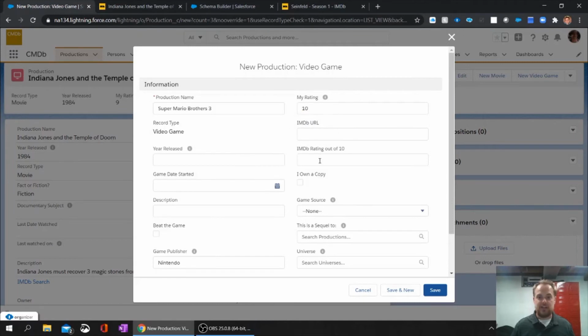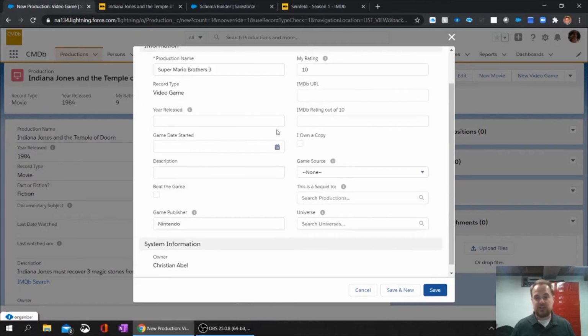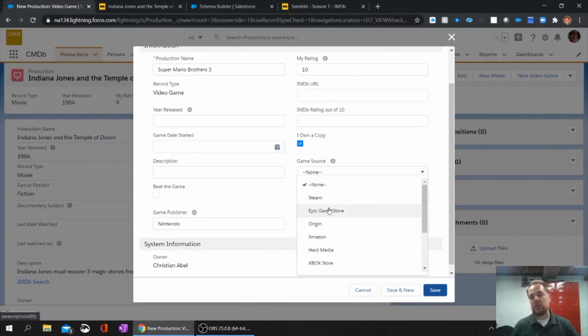IMDb URL and rating out of 10, nothing really different there. I own a copy, so sure, I'm going to say I own that copy. And here's a pick list that's different. Instead of having the different kind of places you can buy a movie, I have a list here of places where I can say that I own the video game. So in this case, I think I have it. I bought it on the Nintendo Wii a long time ago, so I've got it on the PlayStation, or not the PlayStation Store, the